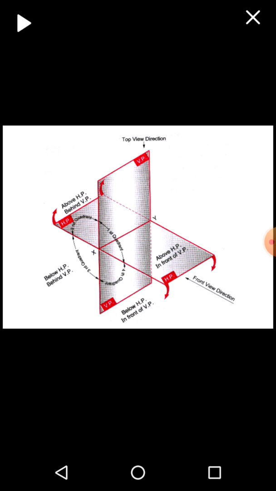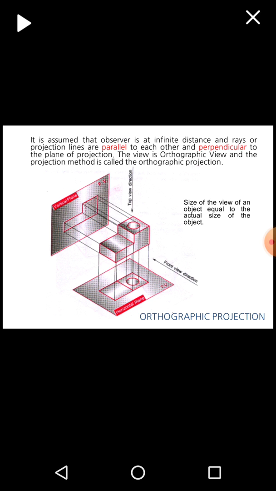So one projection we have on the vertical plane, another projection we have on the horizontal plane. Now as per our convention, we are keeping the vertical plane constant and we are rotating the horizontal plane in a clockwise direction by 90 degrees. So what will happen, the top view will go above the xy line and the front view will remain below the xy line. So in case of the third angle projection method, the top view will always be above the xy line, and the front view will be